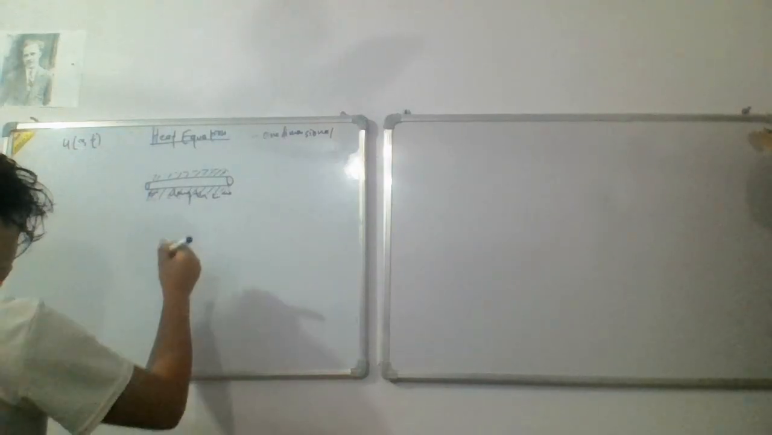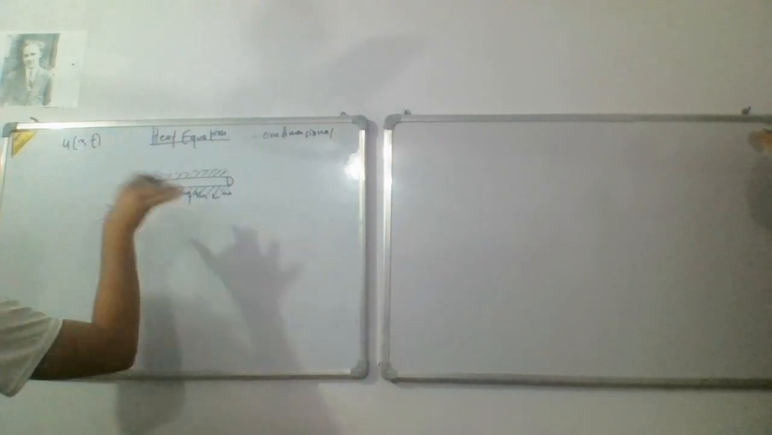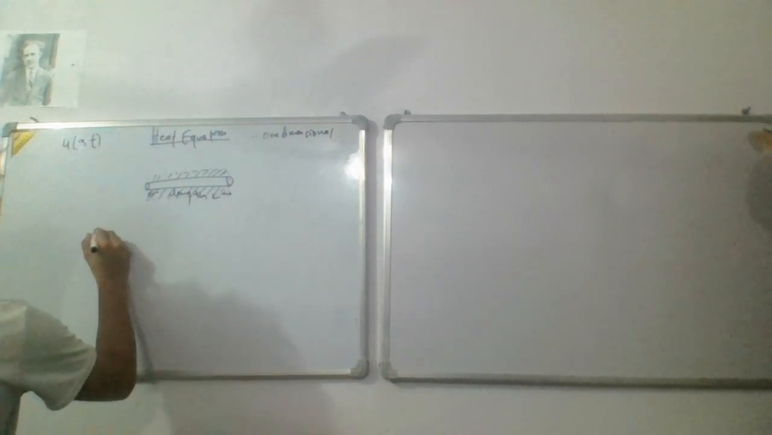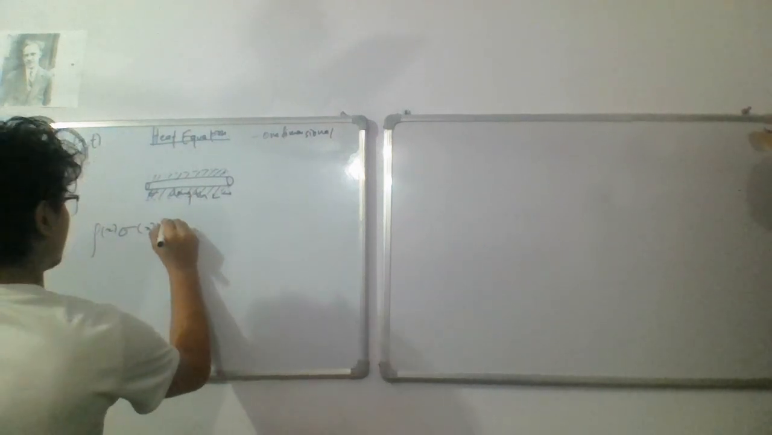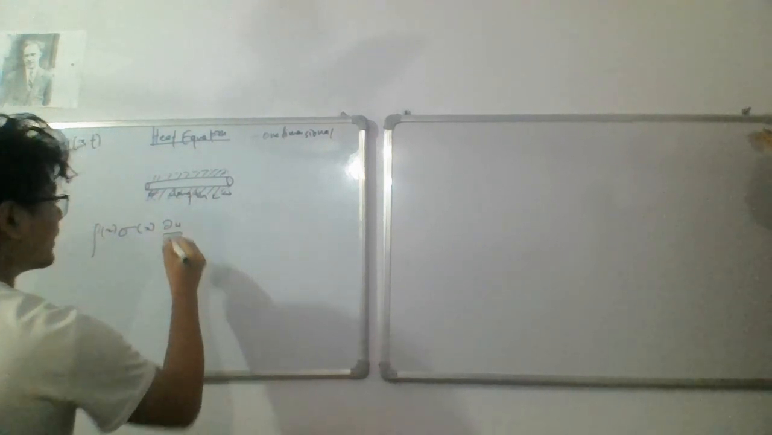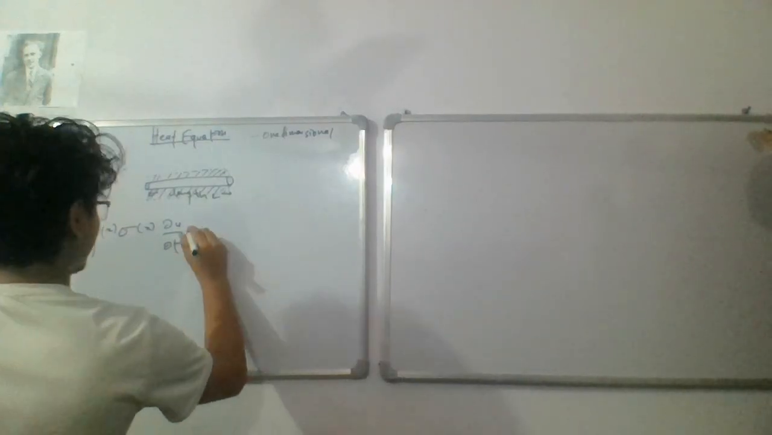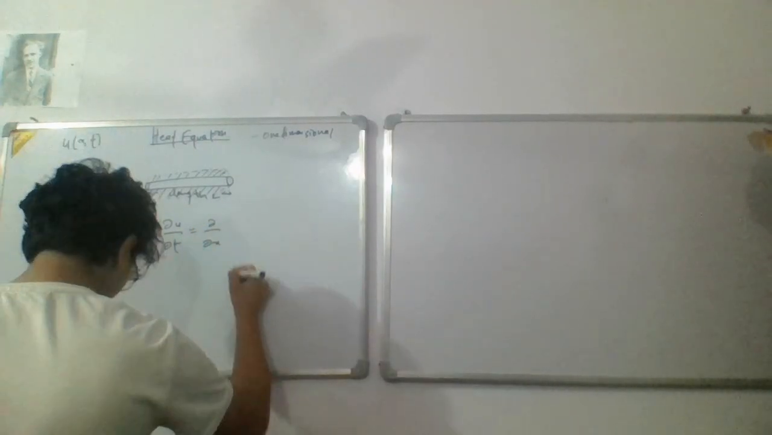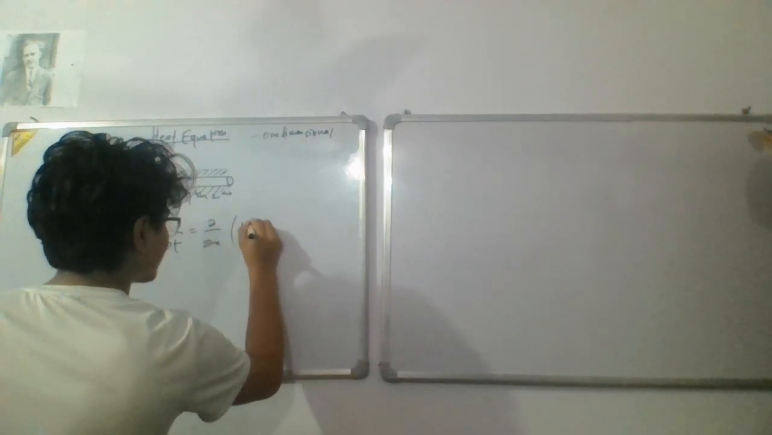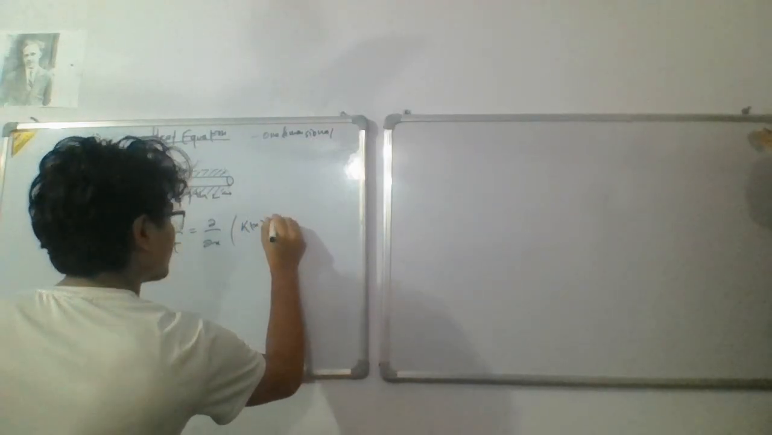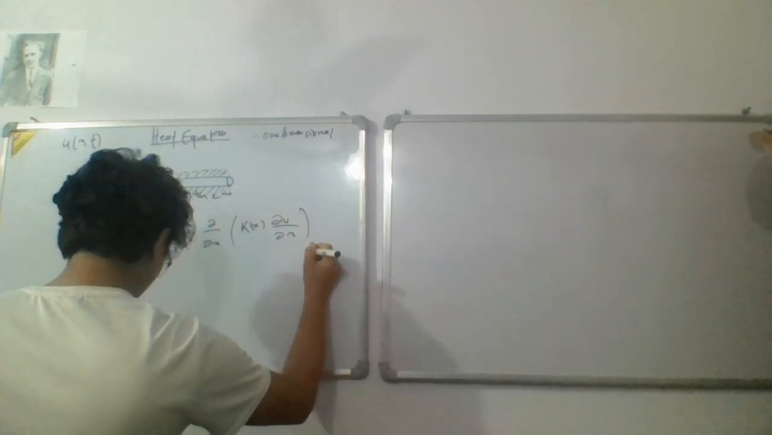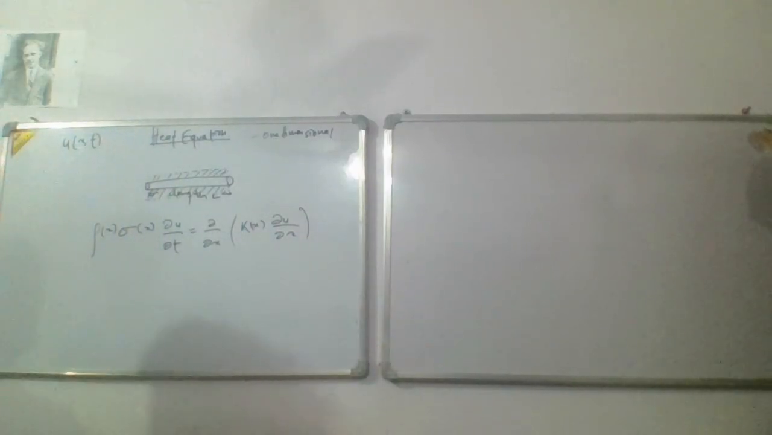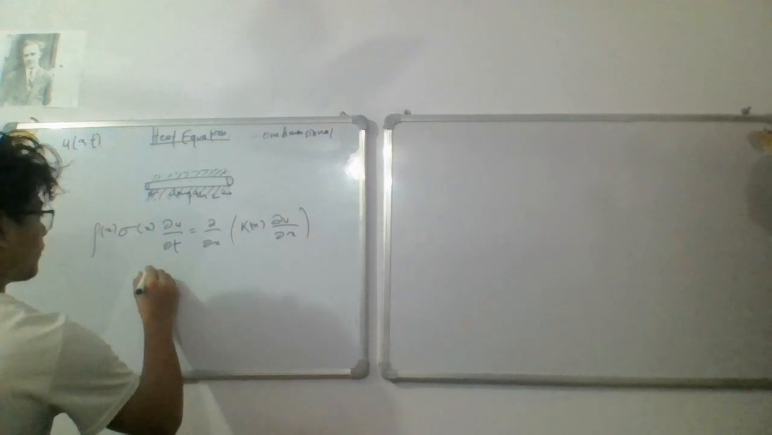Now, the heat equation of this kind of setup is given by rho x sigma x del u by del t, where del is the partial derivative, equals del by del x of kappa x del u by del x. This is going to be the heat equation of this setup, where u x t